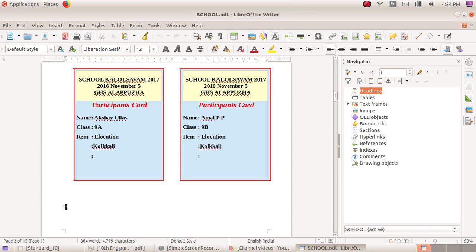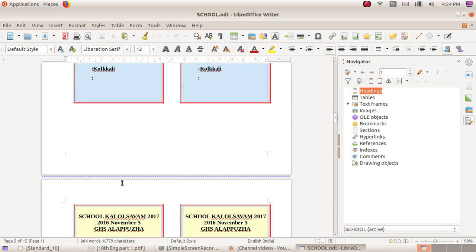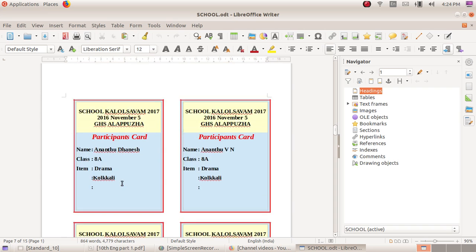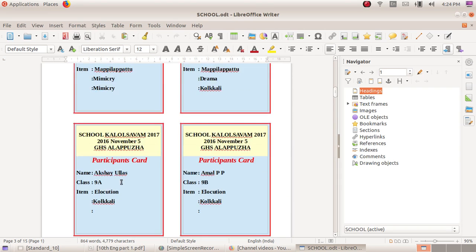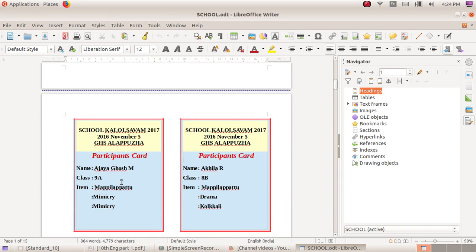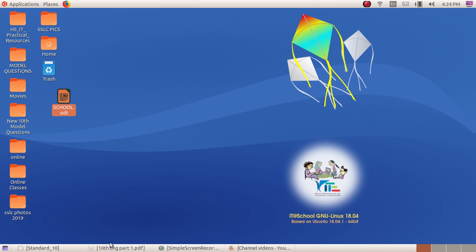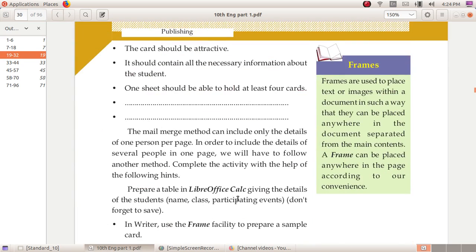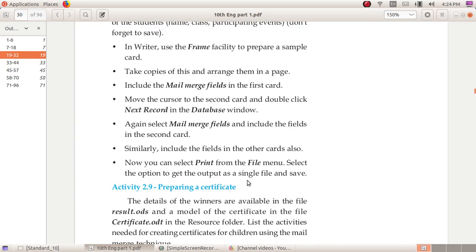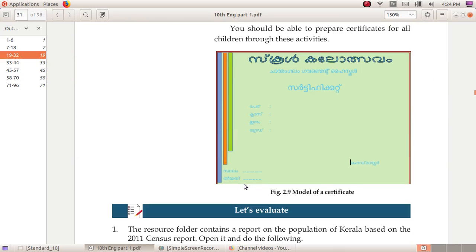This is another method of mail merge. There is one more activity in your chapter based on the mail merge technique.